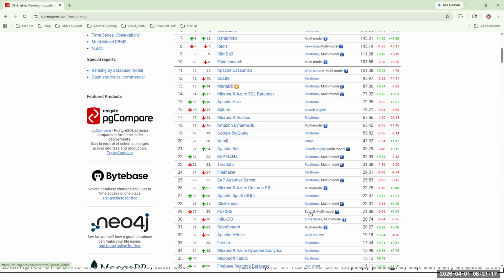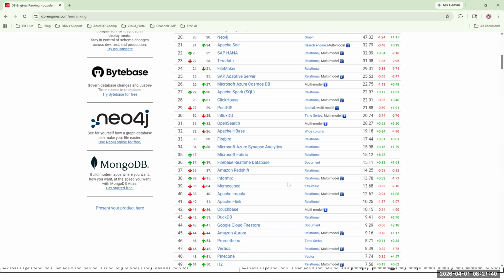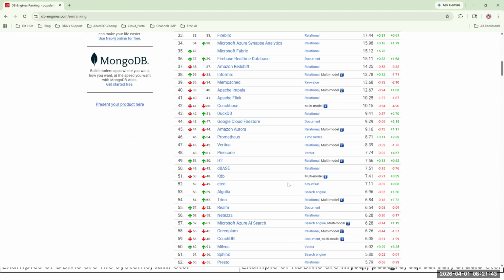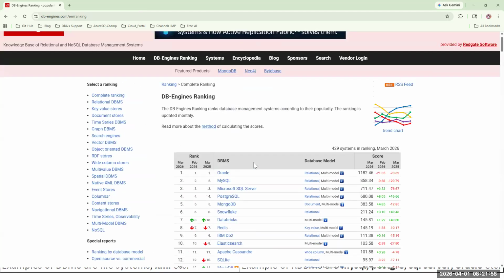You know about locations, right? Longitude, latitude, geographical locations. If you are mostly loading data in terms of geographical locations, then we go for spatial. Even SQL Server allows spatial, and Postgres also allows spatial data. So there are many, sir. Will we remember all this stuff? No. If you want to store your data in the form of documents, we can go for this database management system. See what sort of data we are going to store. Based on that, you will choose a database management system. That is what I wanted to say.